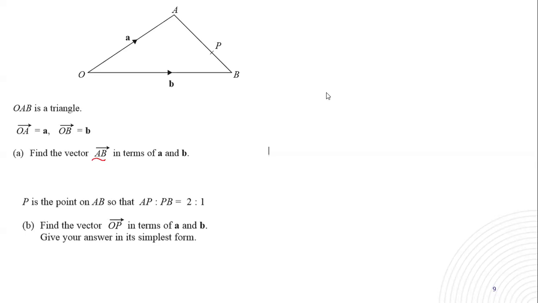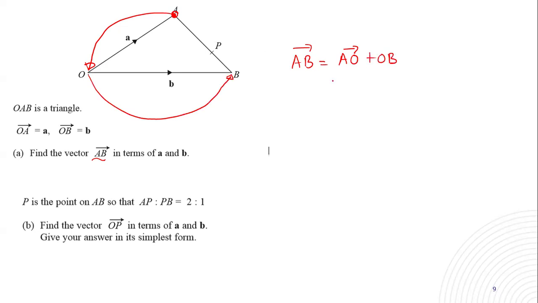Good. So, what are we going to do? Still, we do the same. First, write your A to B. A to B means we are going to start from A and move towards B. So I'm starting from A. This is where my A is. And then I move towards B. To move, I go from A towards O, then from O I'll come to B, then plus O to B.